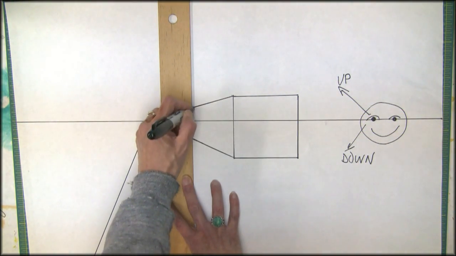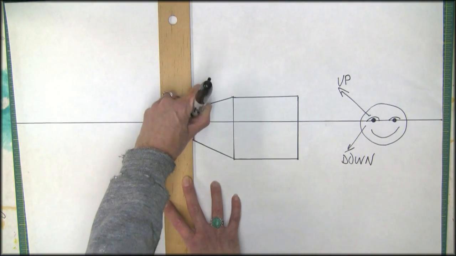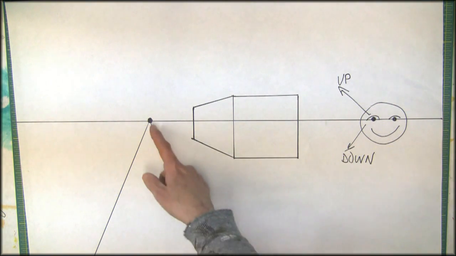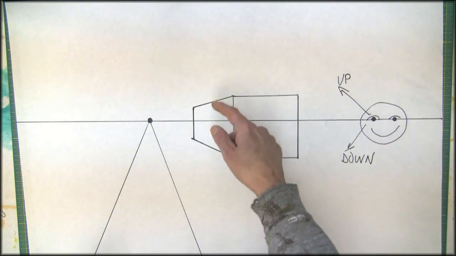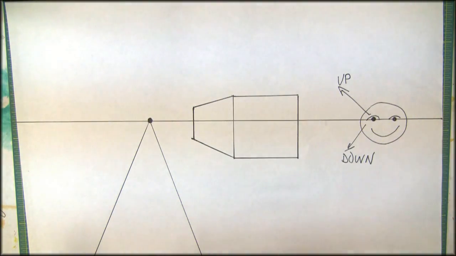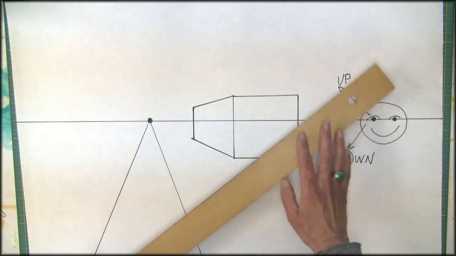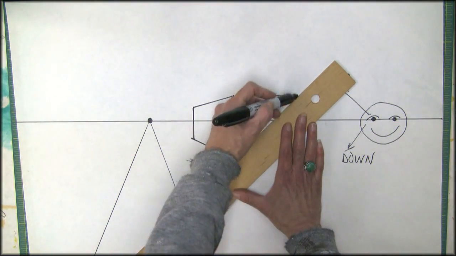Okay, so whatever happens in the front happens in the back. So I have a vertical line in the front and I need a vertical line in the back to stop my building. It's pretty huge. It's like Walmart size. It's really big because it goes so far down the road. But let's just say it was like a gigantic house and I wanted to make this house have a roof, like a huge barn. Then all I need to do is create a triangle at the top of my building, and the way I find out where the center of the triangle is, is to make a light X